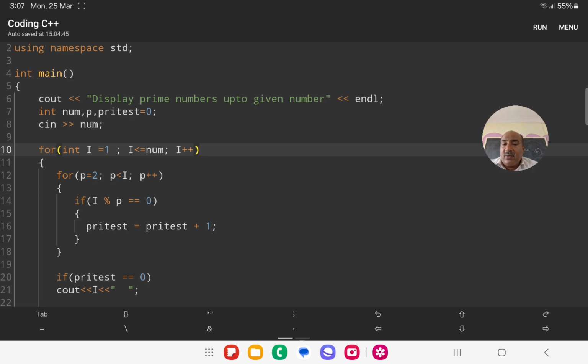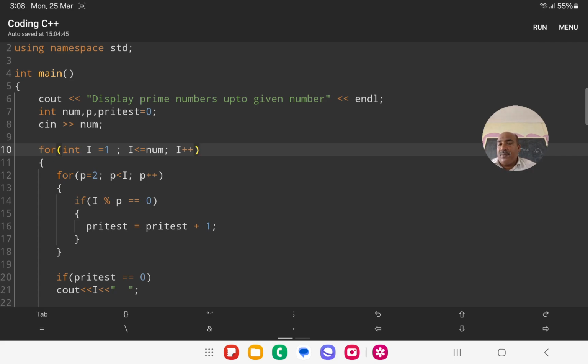If you take 1, it is already divisible by any number, and p less than i, that means less than that number. If you take 5, 5 divided by 5 gives remainder 0, and 4 divided by 4 also. So we will not check 1 and that number itself. From 2 to less than that number we have to check. Then p plus plus.